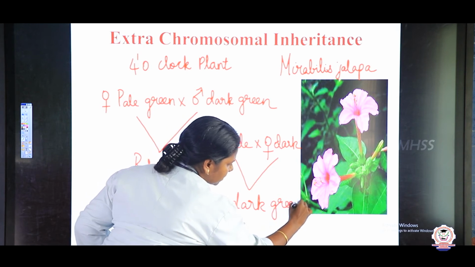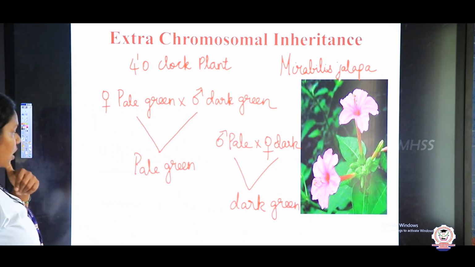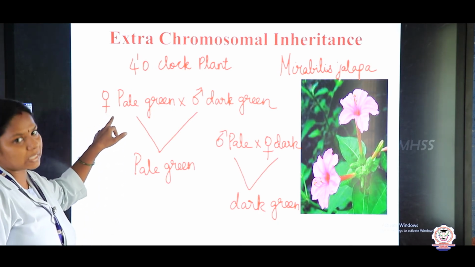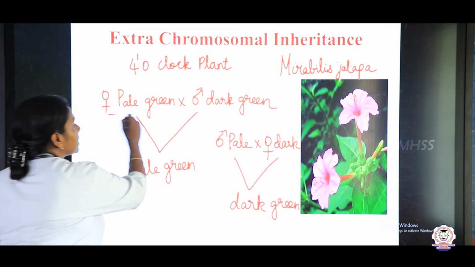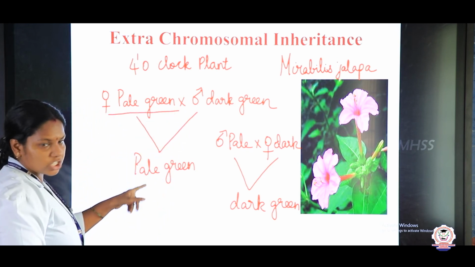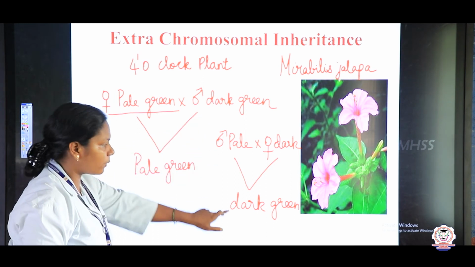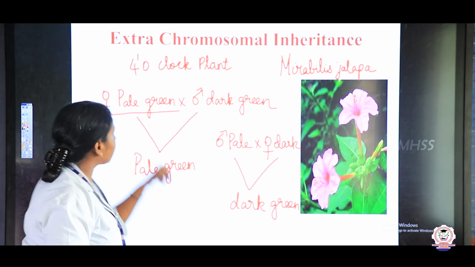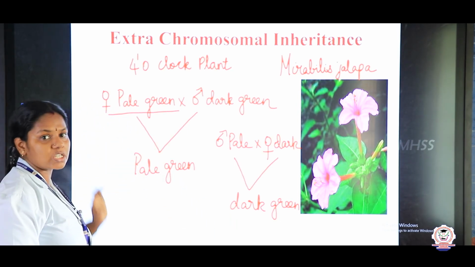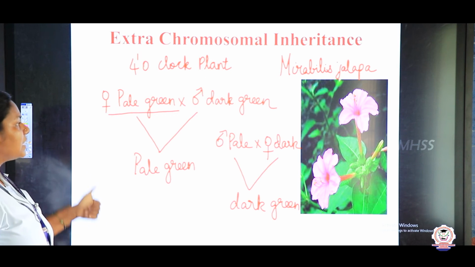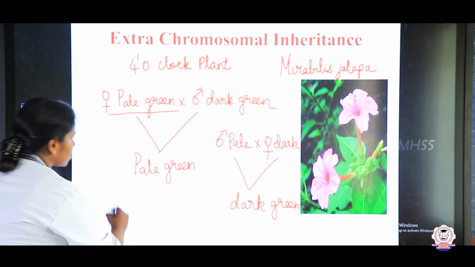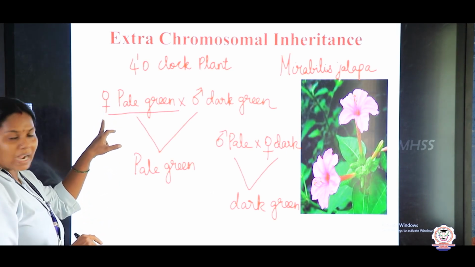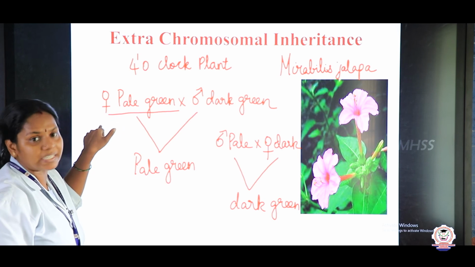So from this what he concluded, children, the offsprings get their phenotype from the mother plant, right. The female plant is responsible for determining the generation and not the male plant. Likewise here, when the female is dark, the next generation is also dark, and here when the female is pale, the next generation is also pale, because here, you just imagine, children, the majority part is given by the cytoplasm of the female, and from the male only the nucleus gets transferred.